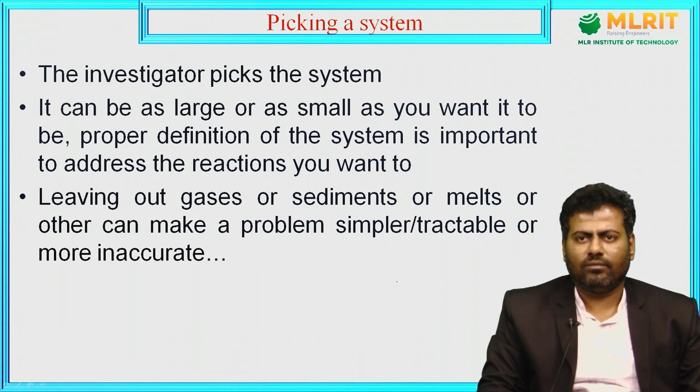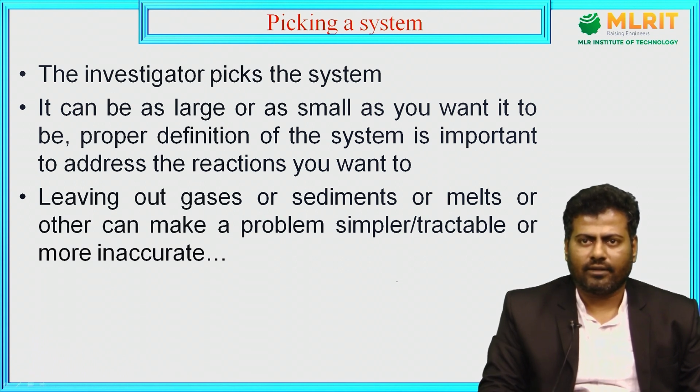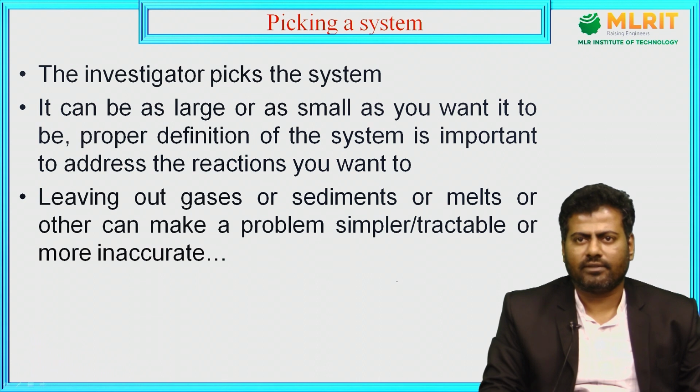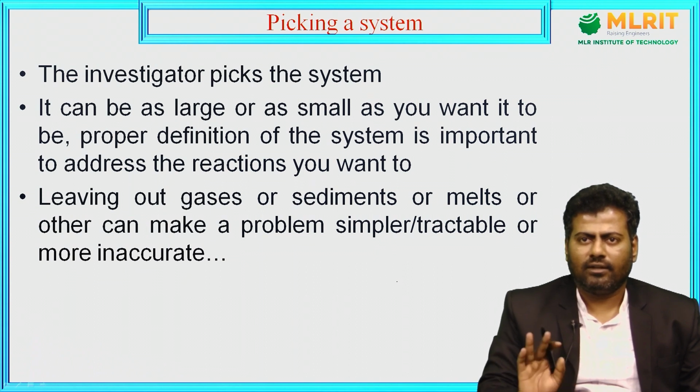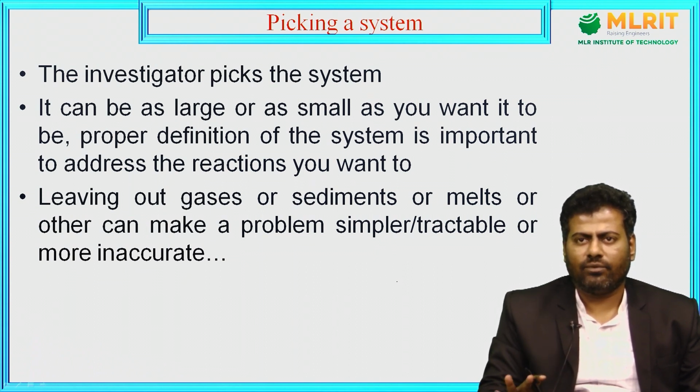In the previous slide we discussed what is meant by a system and what categories of system we have, and how to pick a system. That is based upon the investigator, upon which part we take for the analysis. Based upon that I can pick a system. Got it? In the steam power plant I can go with a simple example. I said there are four major components: the boiler, then the turbine, then the condenser, and after that the pump, then the cycle ends.